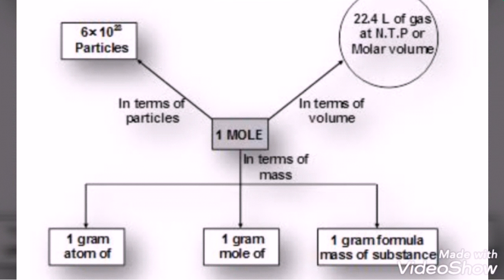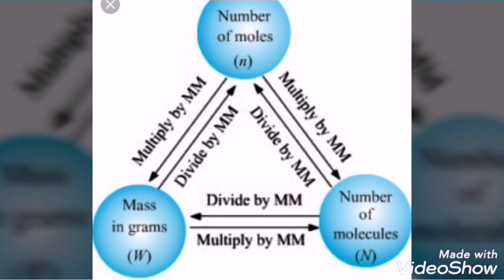So here 1 mole has the formulas, and I am giving them in 3 different ways. This is one pattern you can follow. Another pattern is on the next screen. It is like this: mass in grams, number of moles and number of molecules. I have given 3 different separations to you. Here, if the number of moles is multiplied by the molecular mass, then you will get mass in grams. If mass in grams is divided, vice versa you will get it.